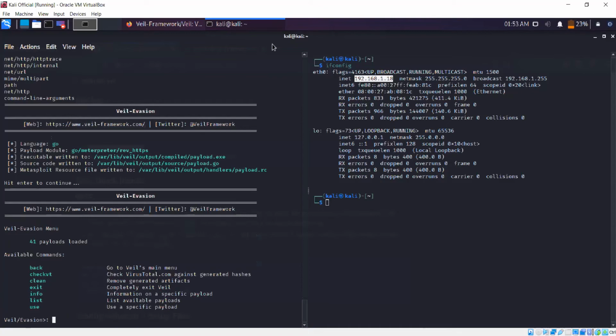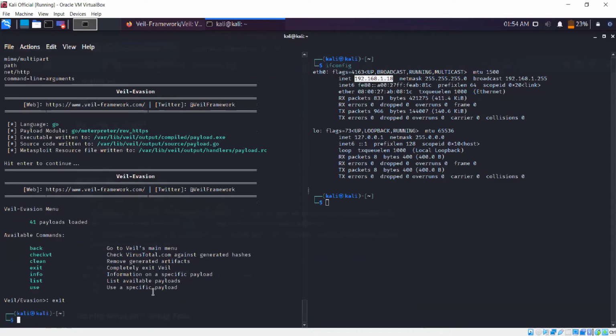Any doubts till now on how to create a payload? Because we'll use this again. If there are any doubts, all right, I see no hand raised. A lot of you might not have installed Whale, and so we'll share the recording of the hours after the class. So you can look at that.